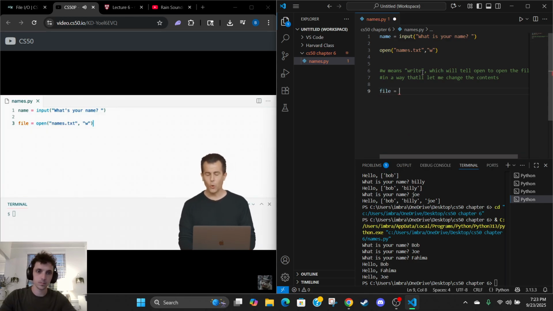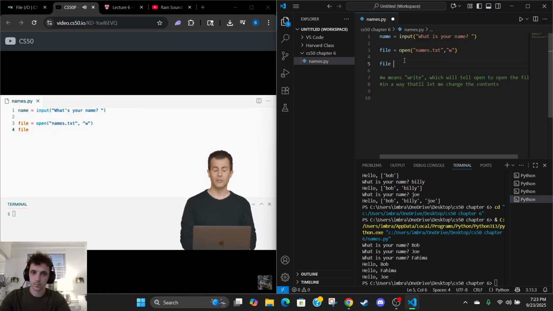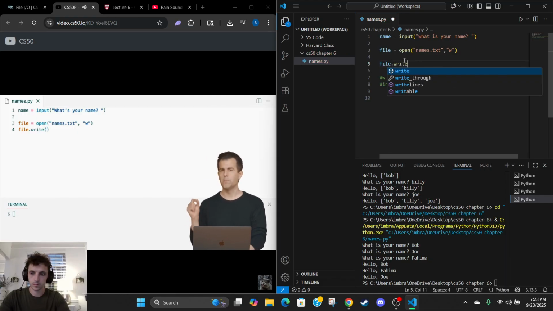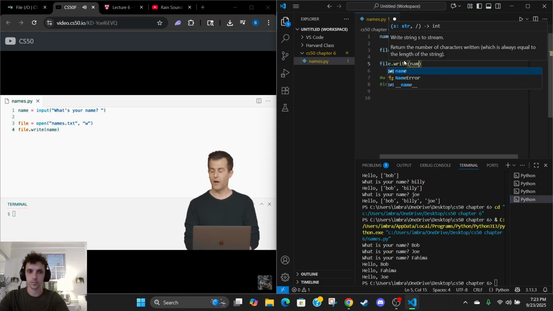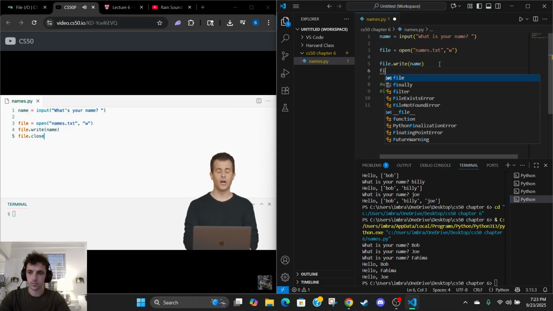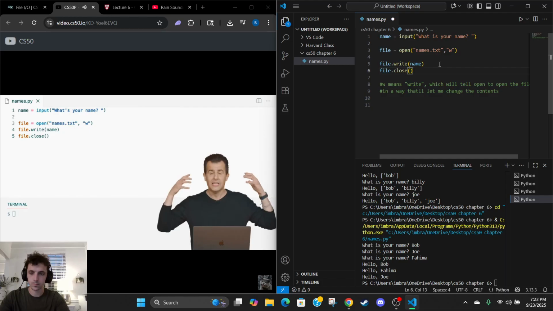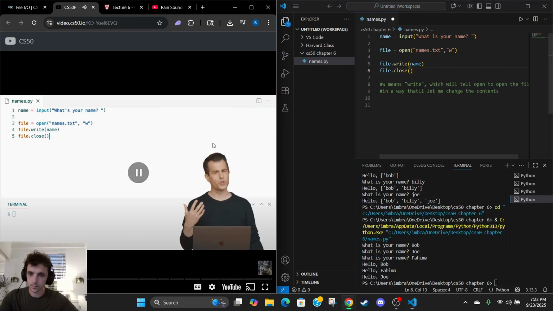And now I'm going to go ahead and quite simply write this person's name to that file. So I'm going to literally type file, which is the variable linking to that file, .write, which is a function, otherwise known as a method that comes with open files that allows me to write that name to the file. And then lastly, I'm going to quite simply go ahead and say file.close, which will close and effectively save the file. So these three lines of code here are essentially the programmer's equivalent